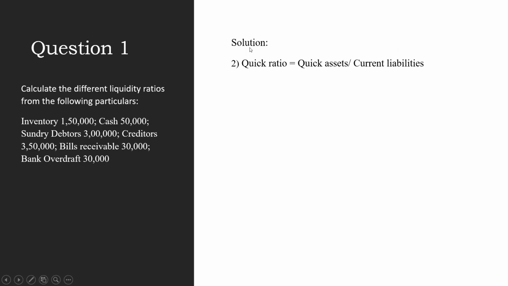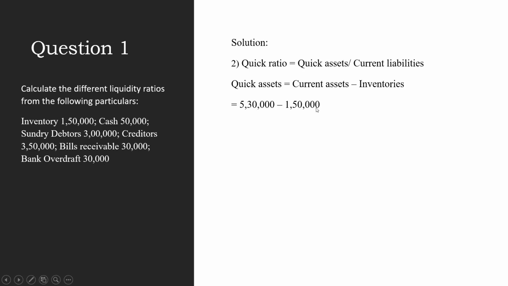Now for this, we should know what the quick assets are. How to calculate quick assets? Quick assets is equal to current assets minus the inventories and minus prepaid expenses if there are any. Prepaid expenses in this question we don't have, right? We have only inventories. Now what are inventories? Inventories are all the stocks, different names of stock, right? So in this case, there are current assets and inventories. Now how to calculate this?